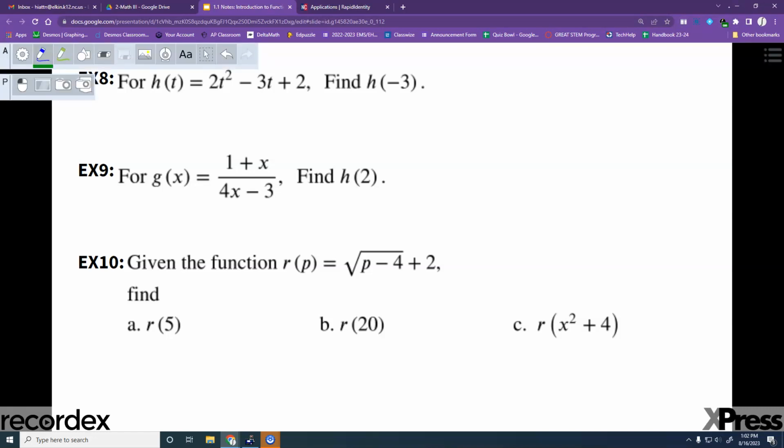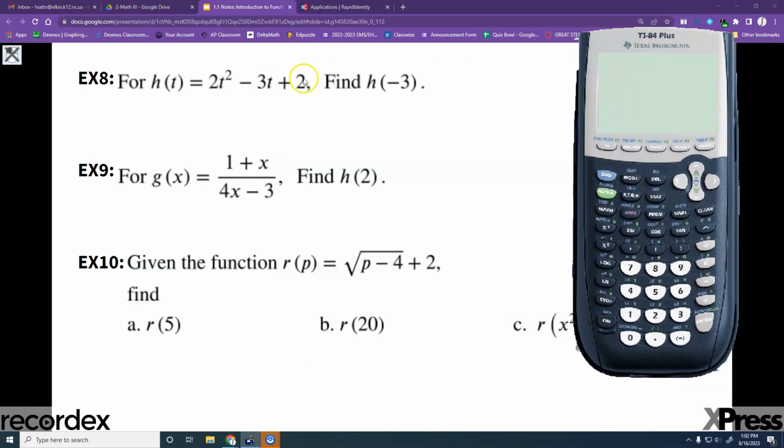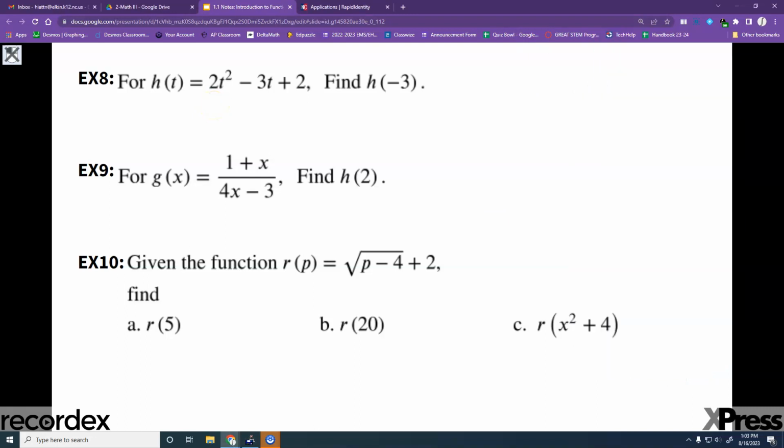All right, so if we have something like example 8, I did say you can use a calculator. I just don't want us to have to get up and get them with 13 minutes left. So we're going to do these without a calculator right now, but you can use a calculator on this. One thing I need to warn you about if you do use a calculator: if you're plugging in a -3 and you're not putting parentheses around it, you are going to get messed up here. So when you type this in, just like we do whenever we actually write it down,